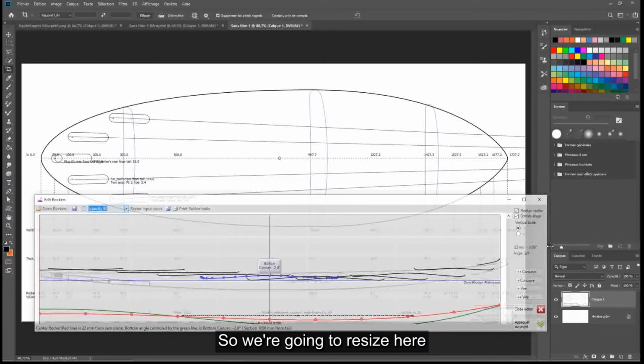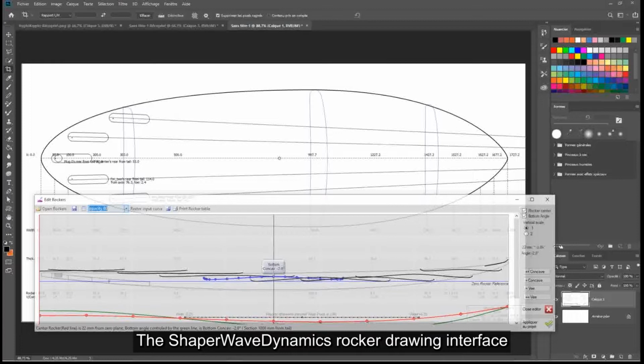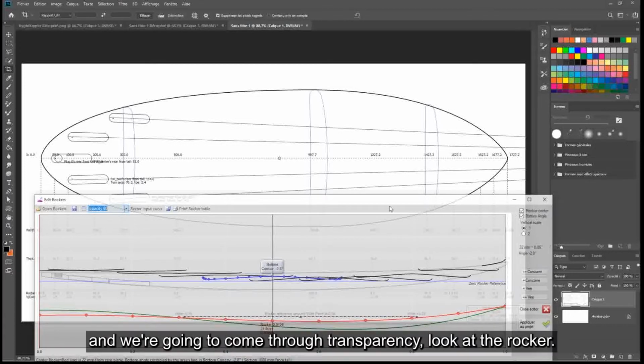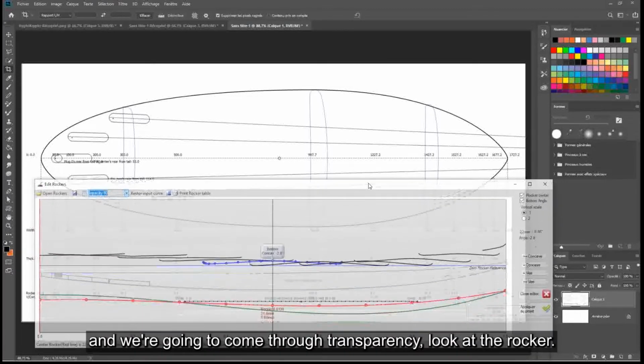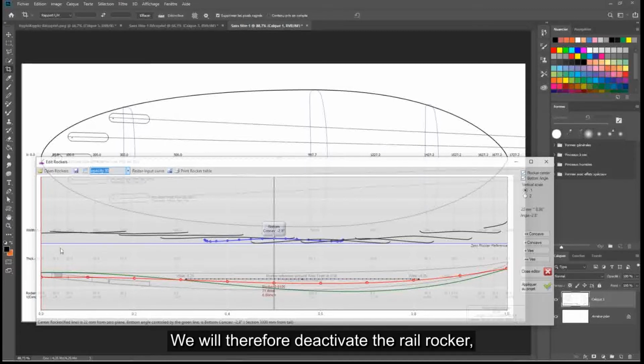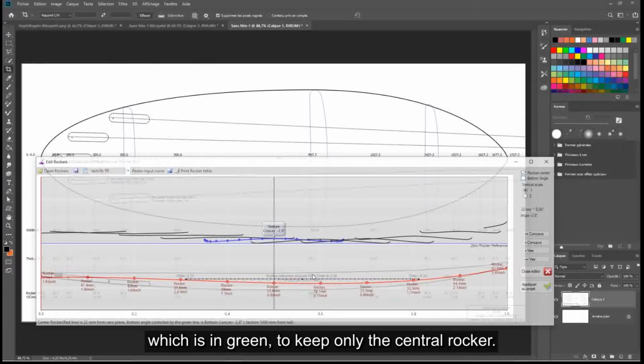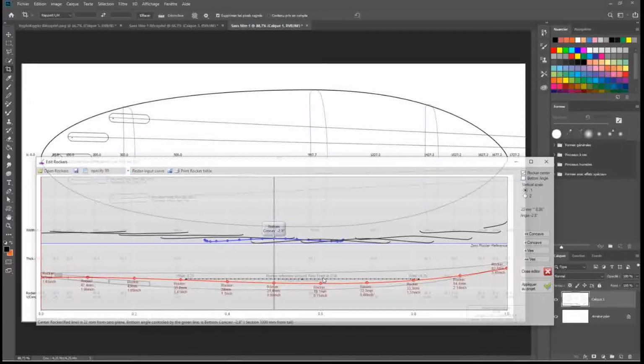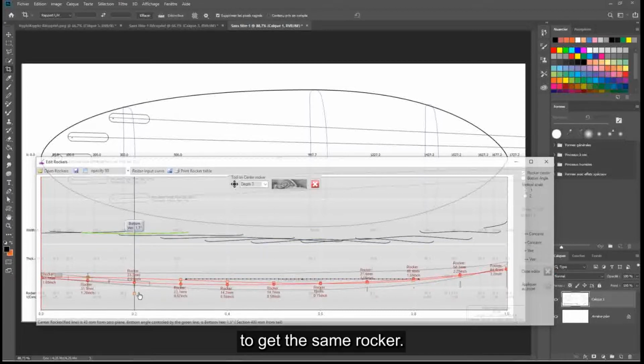So we're going to resize here the Shaper Wave Dynamics rocker drawing interface, and through transparency, look at the rocker. We will therefore deactivate the corner rocker, which is in green, to keep only the central rocker. And we're going to put our rocker on our model, to get the same rocker.